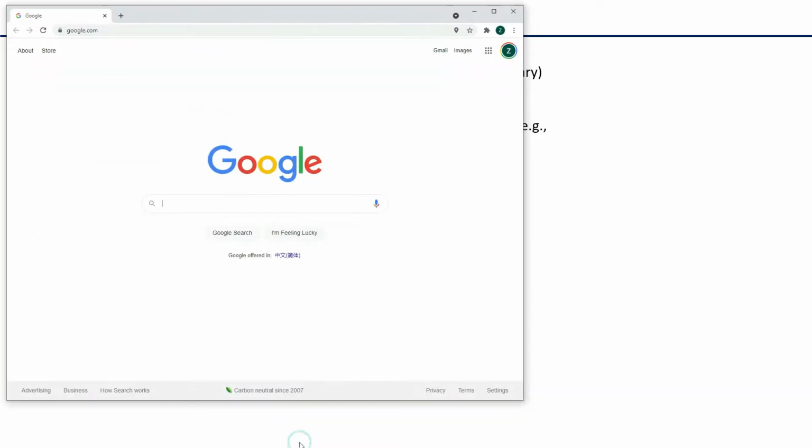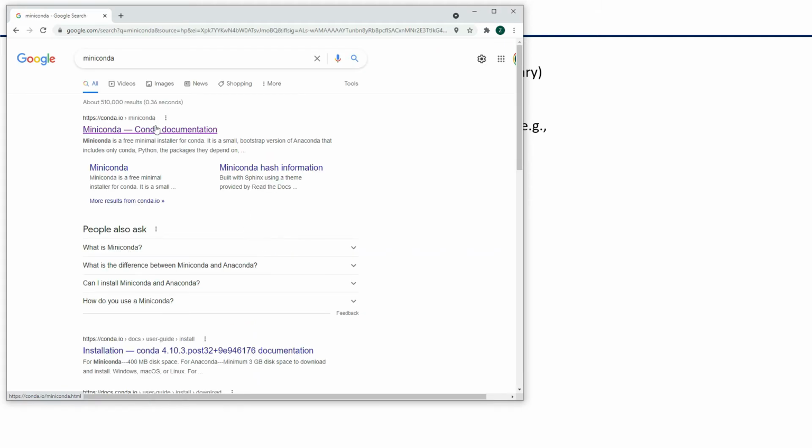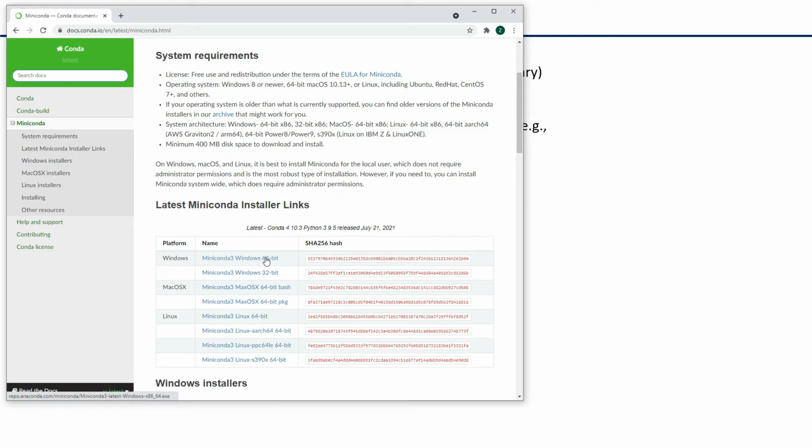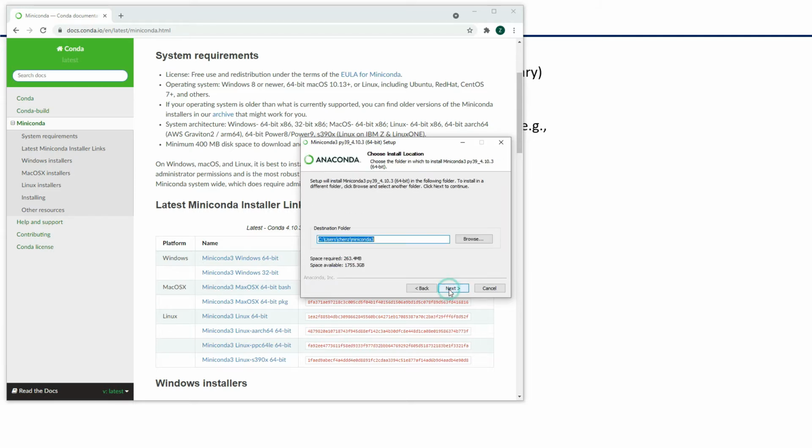To do that, we can simply Google search for Miniconda, go to their website, download this installer, and then we can just follow these default settings to install Miniconda on your computer.